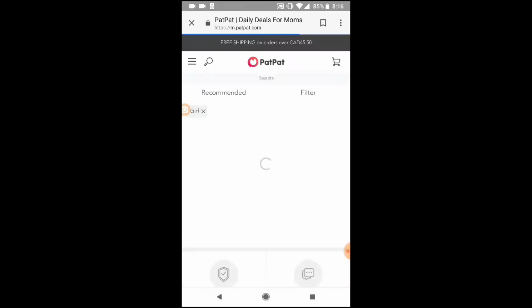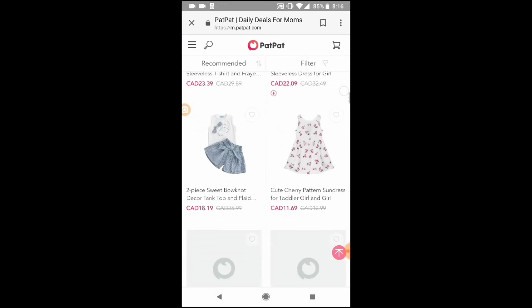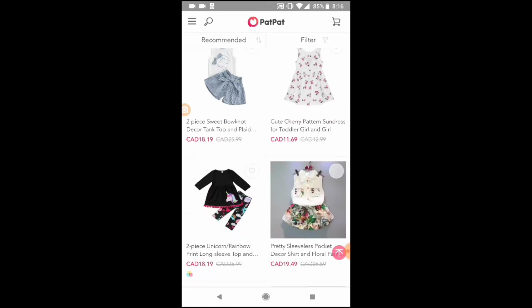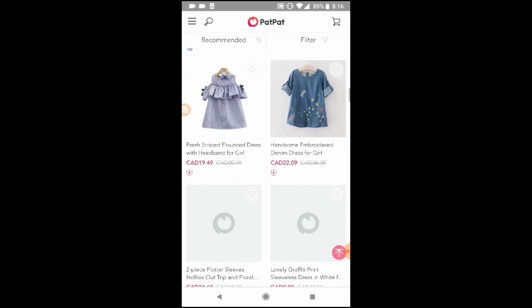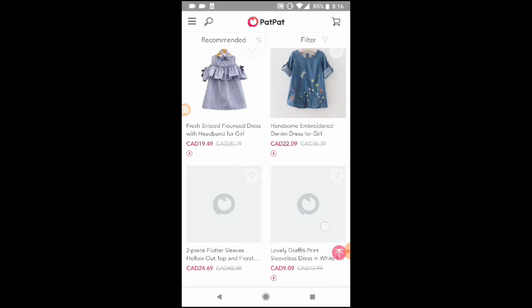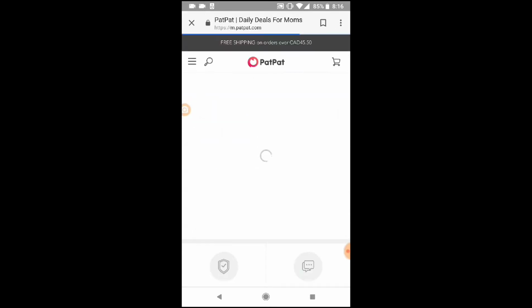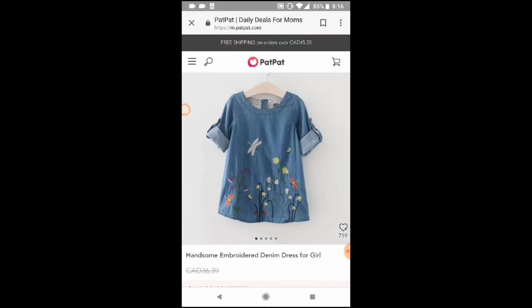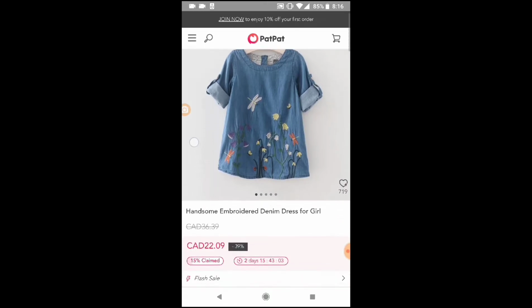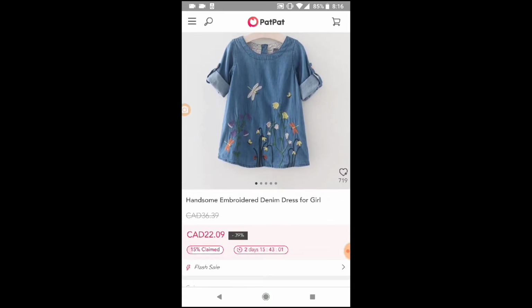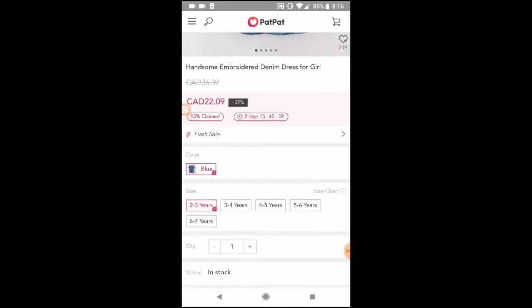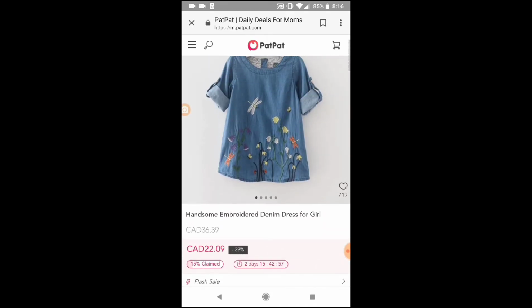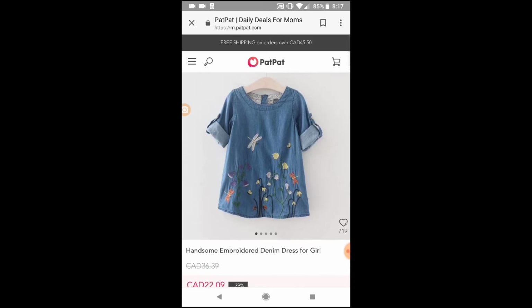And heck, I found all sorts of things on here. I found shoes, I found all sorts of goodies, like ones that I already own sometimes. I've been saving this dress in my cart for months, trying to decide if I want to get it because it's only in a size 2T and up. Yep, see? And I could get it for $9 to $11. There you go. If I'm organized, why would I buy it